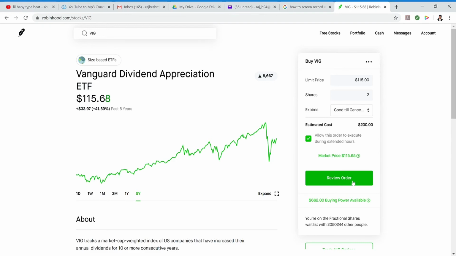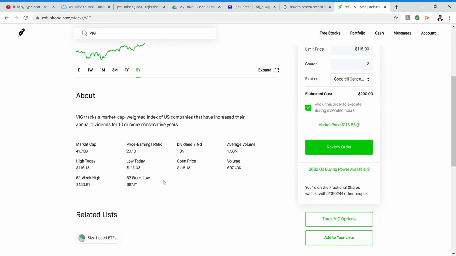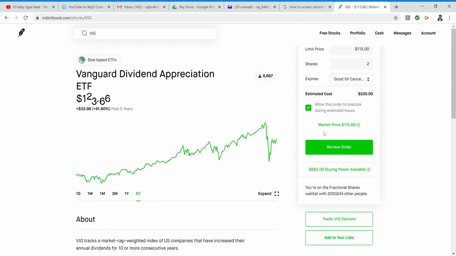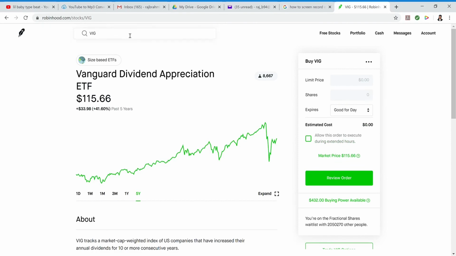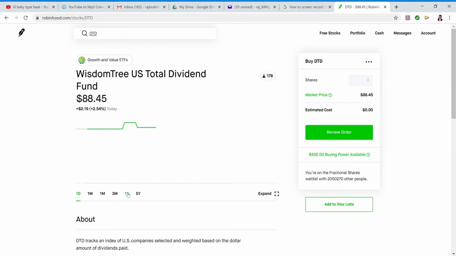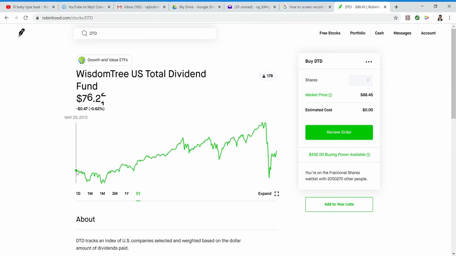So what these dividends pretty much mean is, yo, every $100 you invest in, you get $1.85 if that's the dividend yield, and that's throughout the year. And then these typically pay every quarter, so that's like every 3 months. But the next one that I'm about to put in right here, DTD, this is a WisdomTree U.S. Total Dividend Fund. This dividend pays you every month. That's why I fuck with this one heavy.